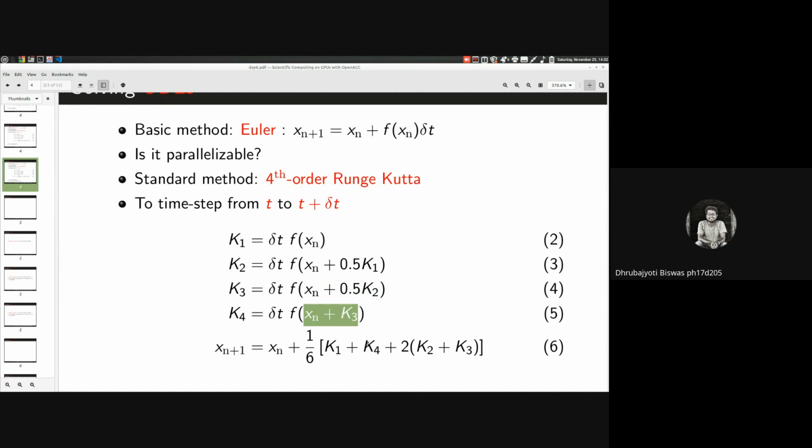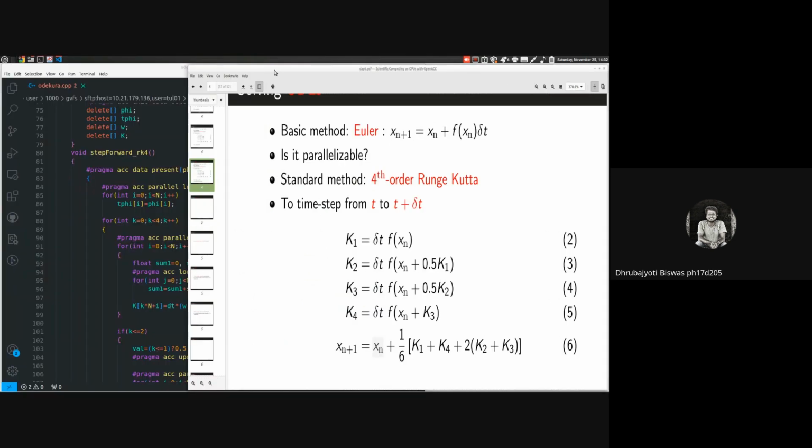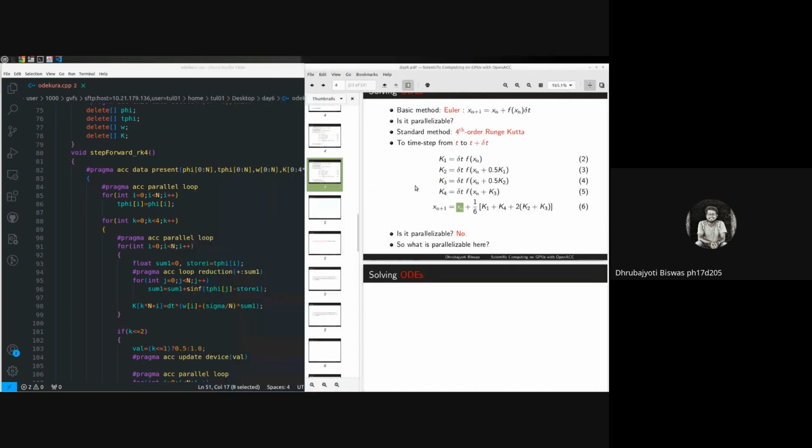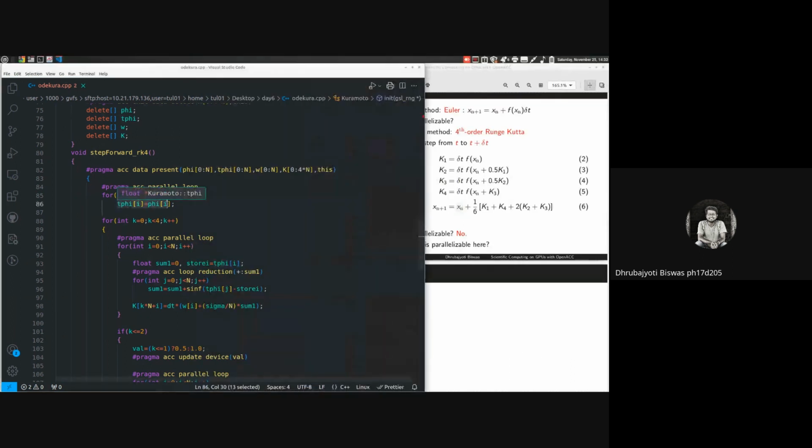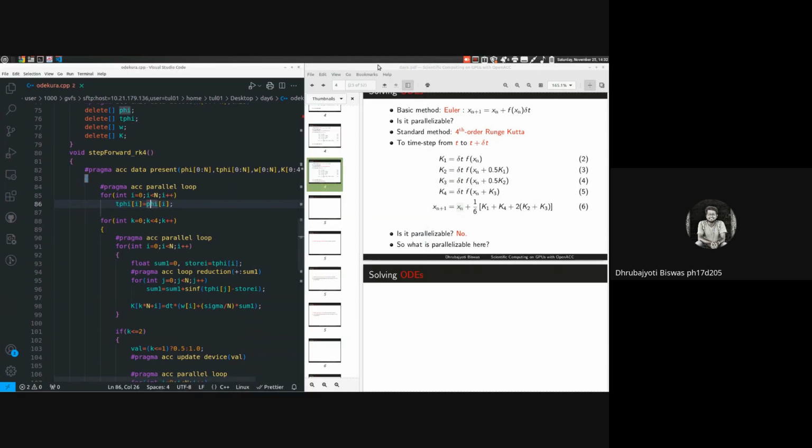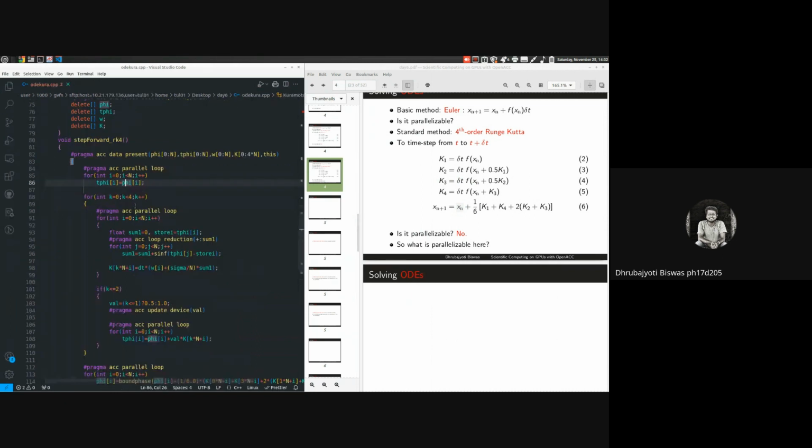Okay. Now, what you see here is we have to preserve the value of xn. Otherwise, if you change the value of xn somehow, there will be an issue. So you have to preserve the value of xn because xn is needed here to perform the update. Therefore, what I am doing here is preserving the value of xn. I am copying it to t phi, so that I can modify t phi and not only phi. By that, I am preserving the value in phi so that I can use it in the update